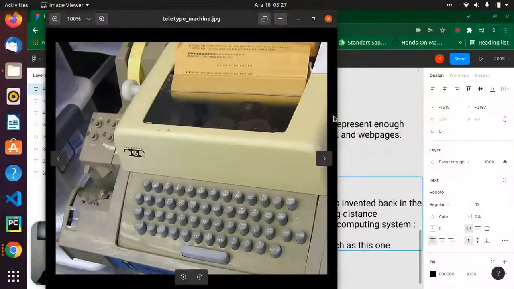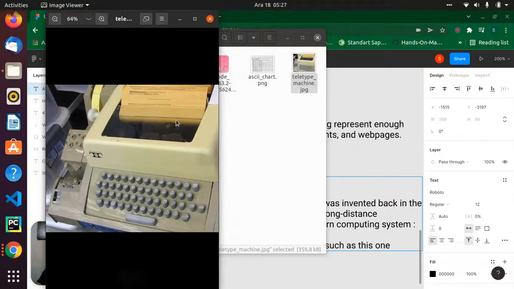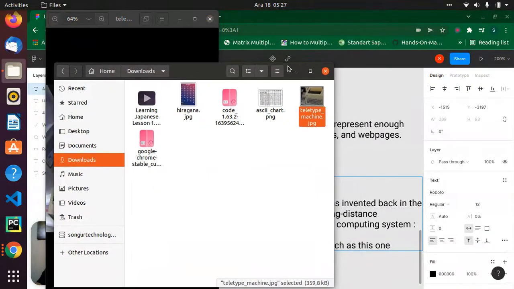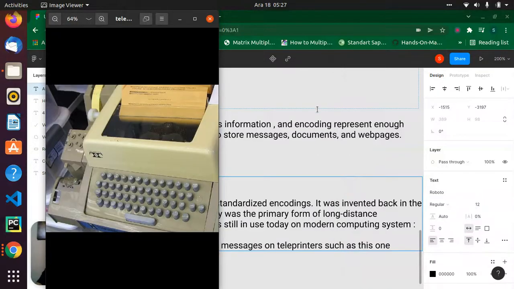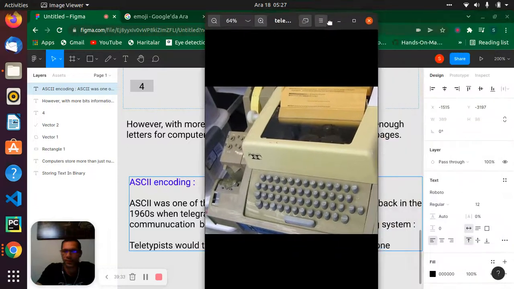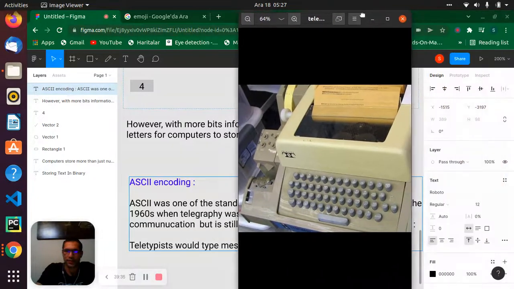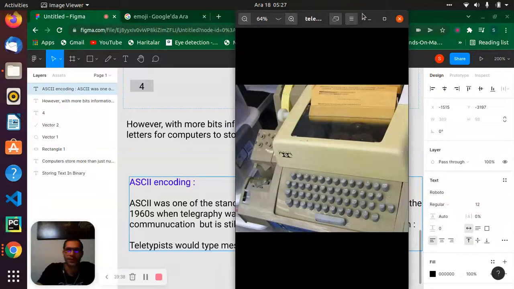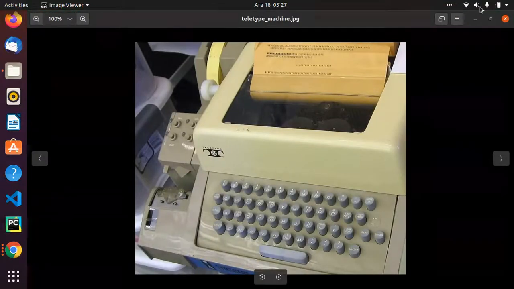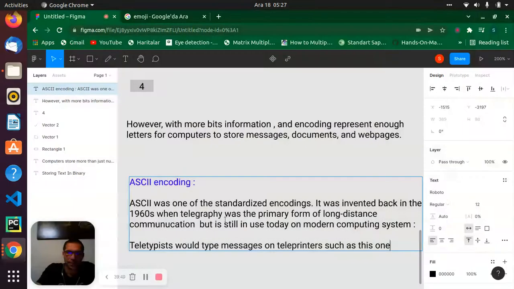No, it's very big. Let's take it to the left. Let's close this place and take this information, maybe right here. But this one is very big. Okay, I think you got it. Let's close it.